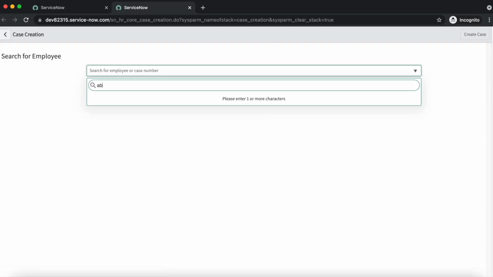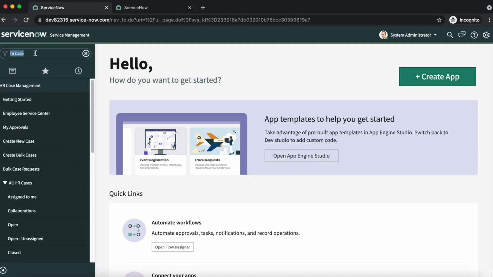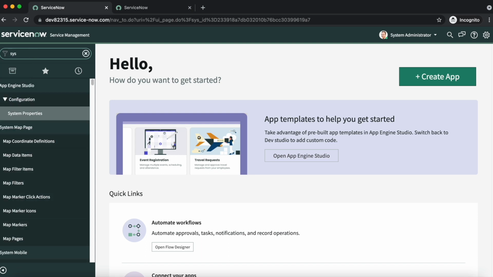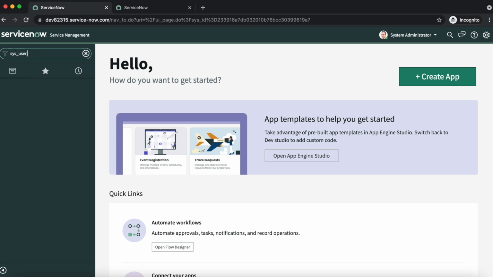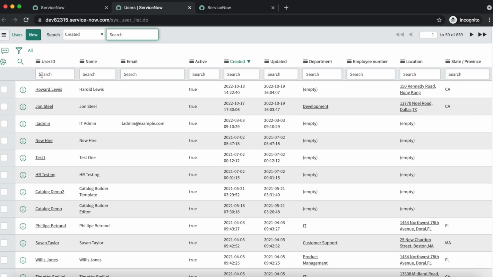Now if I am searching Abel, we are having different additional information for Abel Tutor. So first let's navigate to the user table and search for Abel.